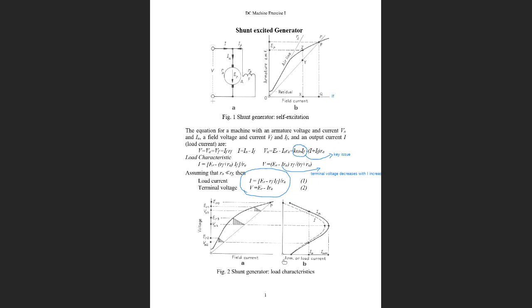Now, in general, at the beginning, if the loading current is 0, then the internal generator voltage and therefore the terminal voltage will be different. The solid line